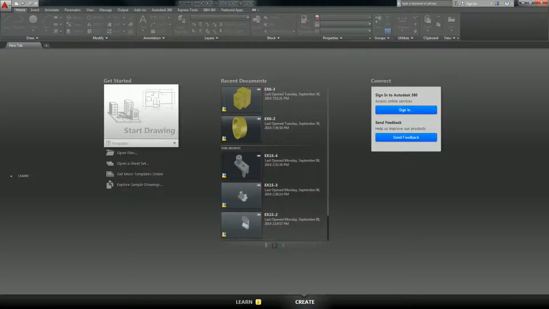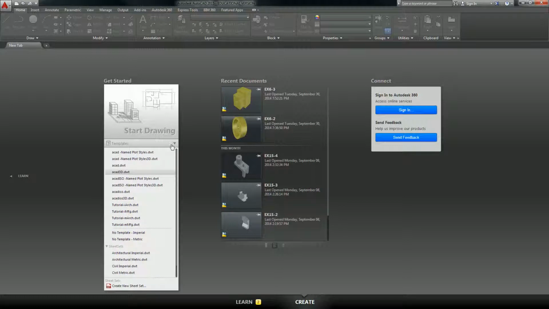Exercise 6-4 is in metric, and for this one here I'm going to use a traditional approach. This is a little bit different from the way that I've been doing it. You're going to see that the screen's going to look a little bit different, but you'll see where I'm going with it real quickly. So the first thing I want to do is I'm going to use my template ACAD